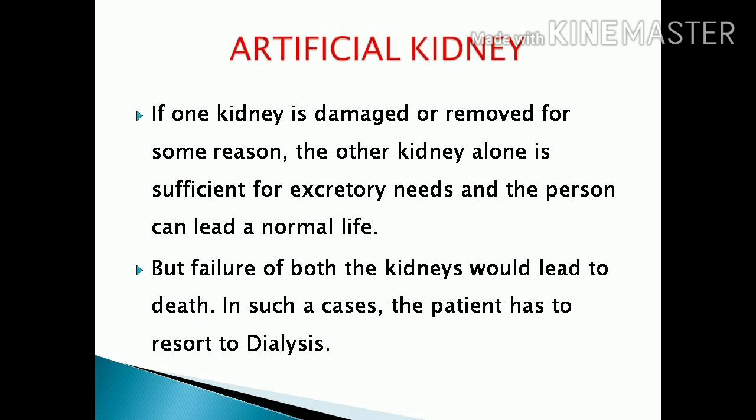So if both the kidneys fail, in that condition the patient has to undergo dialysis. In the dialysis, that machine is there. The machine helps to remove the excess salts as well as the urea content from the blood. After removing the urea content and excess salt from the blood, the same blood is then inserted again inside the patient's body with the help of the vein.